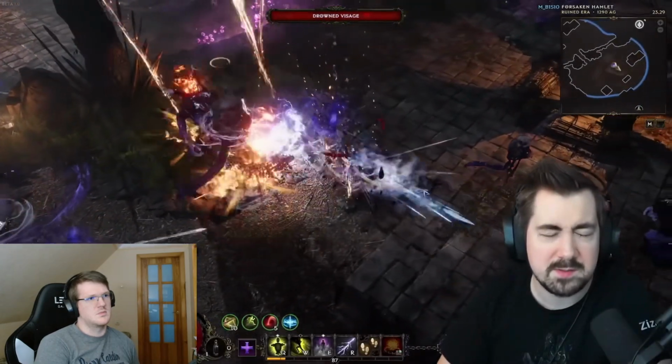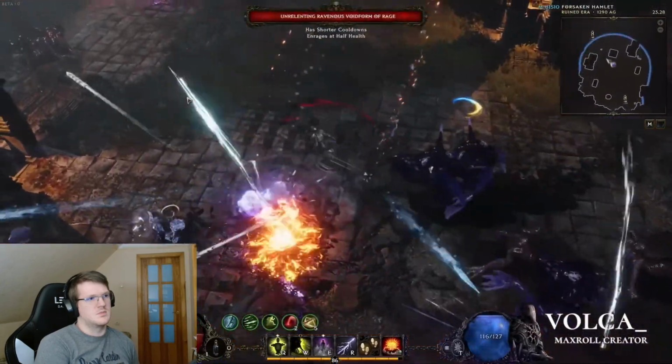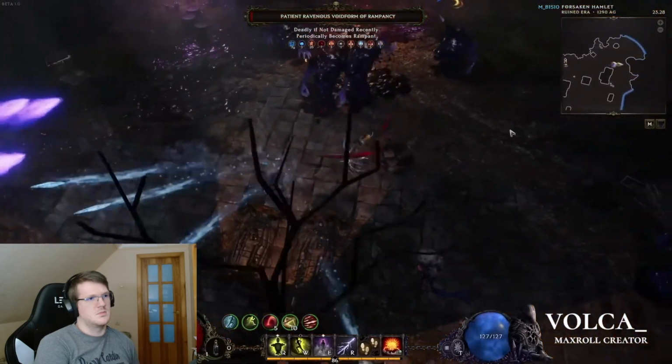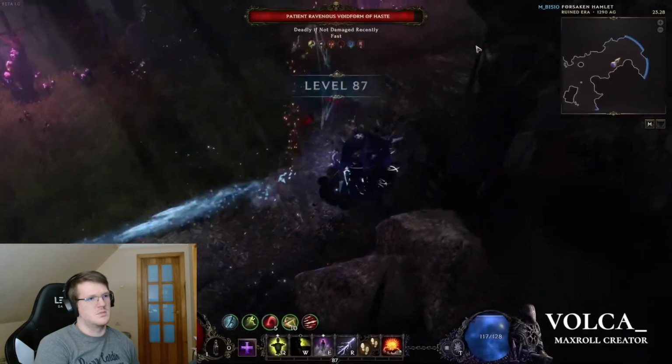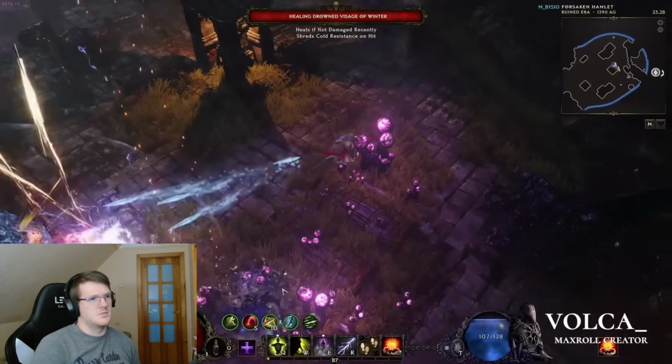So Volka, show us more of the crazy bow build. Yeah, so we're using Explosive Trap as the main skill here, proccing tons of detonating arrows and icicles from the Rain of Winter bow. Otherwise, it's a classic bow playstyle, so using shift for movement and Smoke Bomb and...